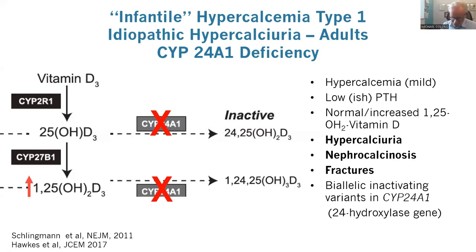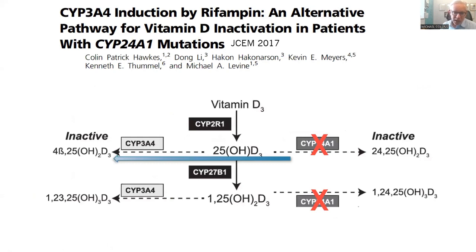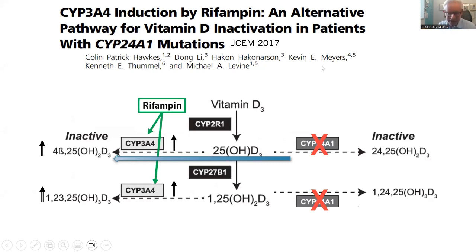So there's a new treatment being studied for this. It's actually an old drug that's available on the market. And this is a very clever approach taken by Michael Levine at University of Pennsylvania, who has a study of this. It had been known for some time that rifampin can induce CYP3A4. And CYP3A4 promotes the inactivation of 25D and 125D to 1,23,25 dihydroxy-D. Rifampin does that, and it'll increase this, and it'll lower 125D. So taking advantage of this